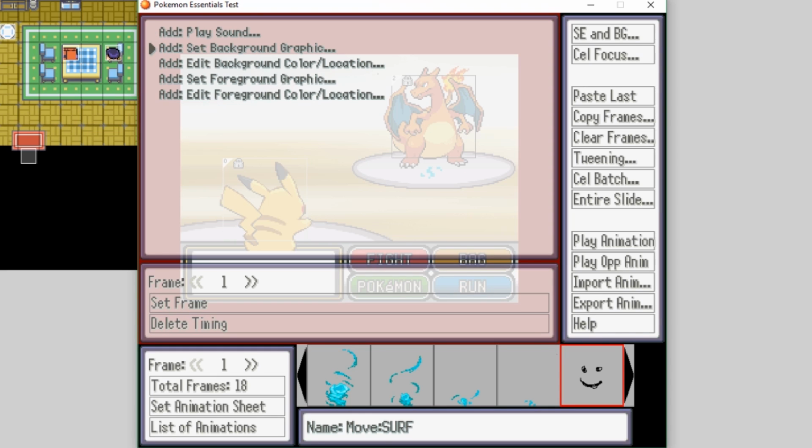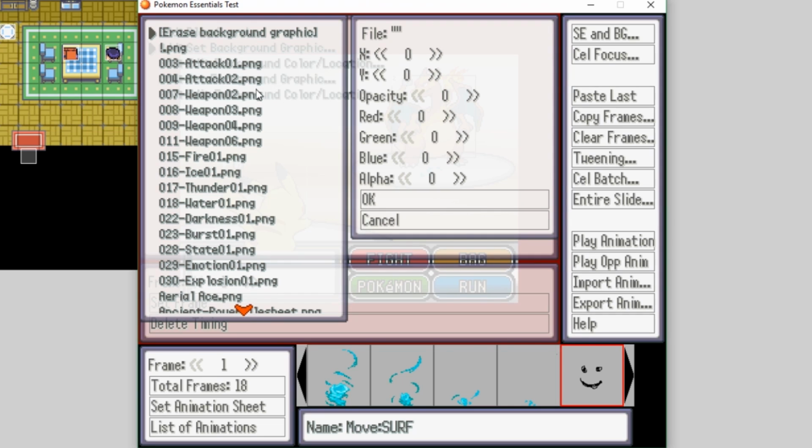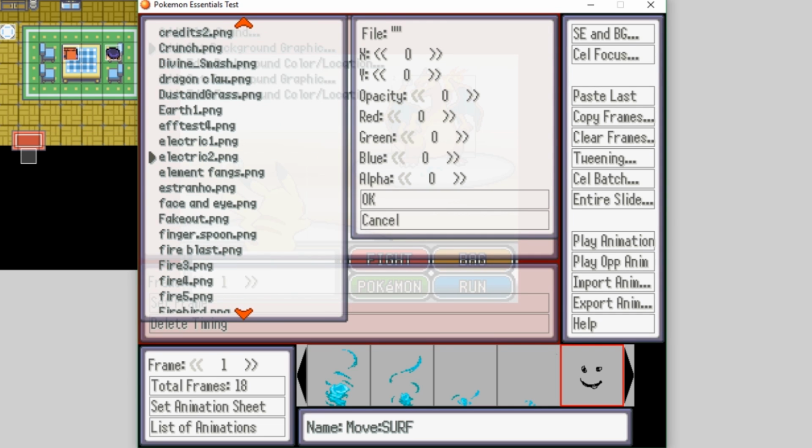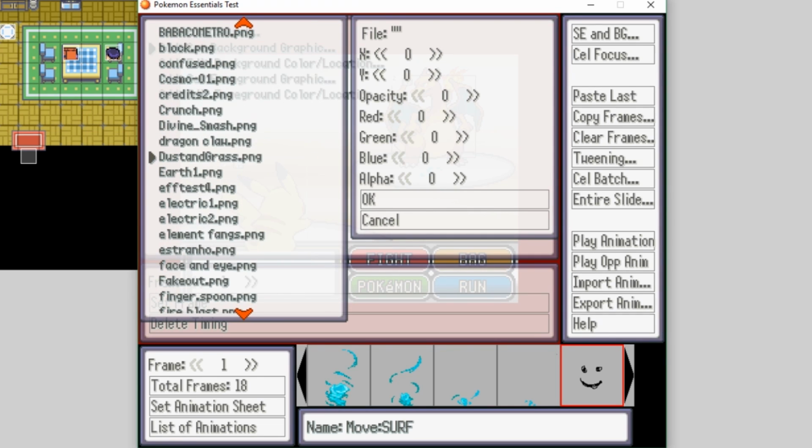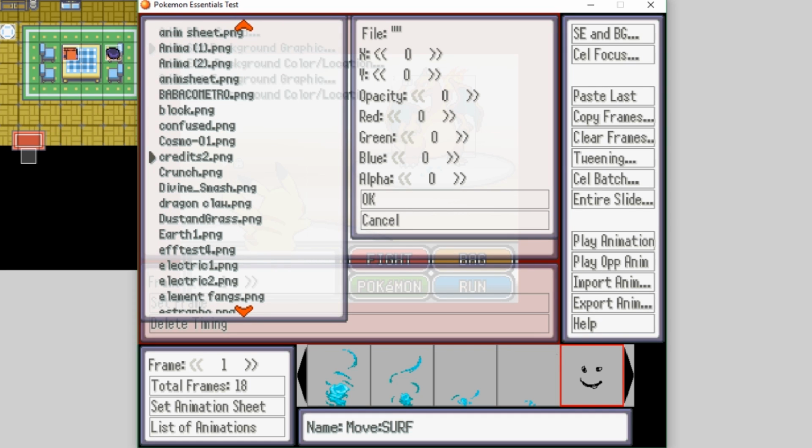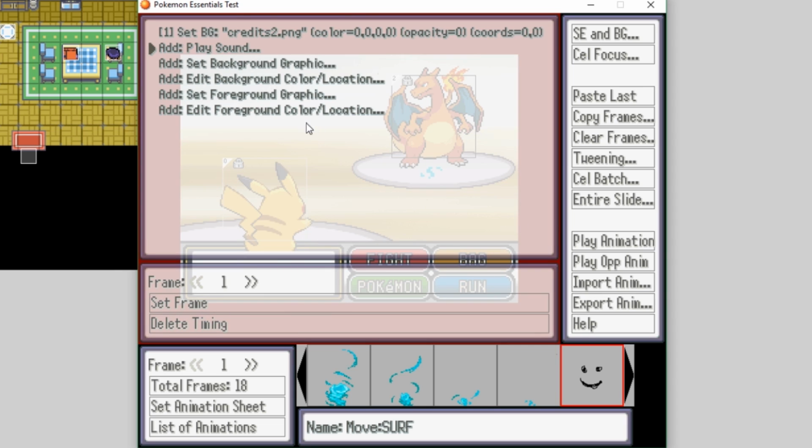And if we wanted to, we could add a background graphic for this animation. That's why I copied over that other picture from before. I'm just going to showcase it. It doesn't look very good, but if we wanted to, we could select our file and set the position and all the colors and everything. And now when we play our animation,